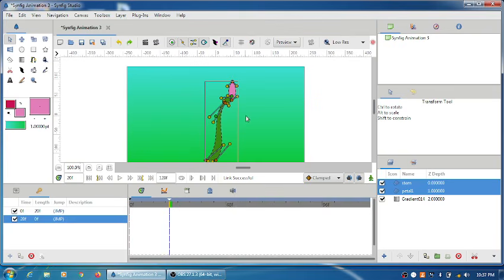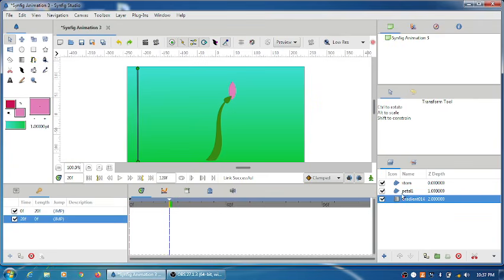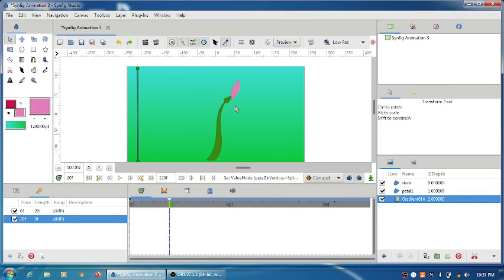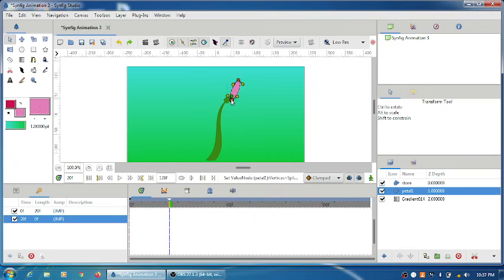So you can see both the vertices are highlighted with a different, slightly bright color, the green color as well as the orange color of that stem vertex. And now right click on that, so you will get the link option. Right, now you can see that if I select the petal and move it, the origin point is linked with that. Right, so that is how you can adjust it. Now it is linked.